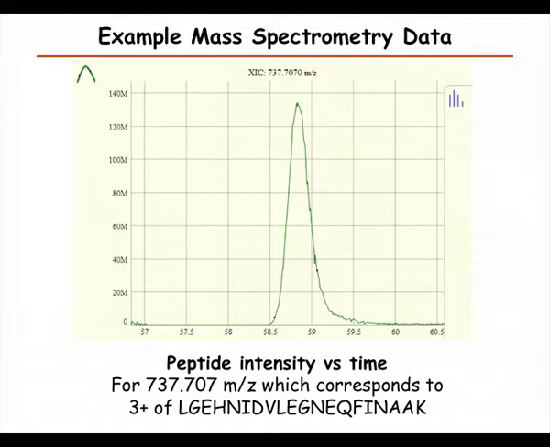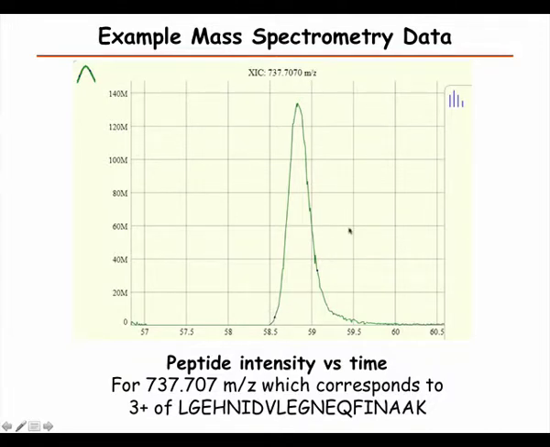First we're looking at one peptide at m/z 737.7, and this is the 3 plus of this peptide. Time is on the x-axis. We see the peptide appears at some point, its intensity increases, and then it disappears. I don't know if you see these small black points, there's one there and one there. These are where we have